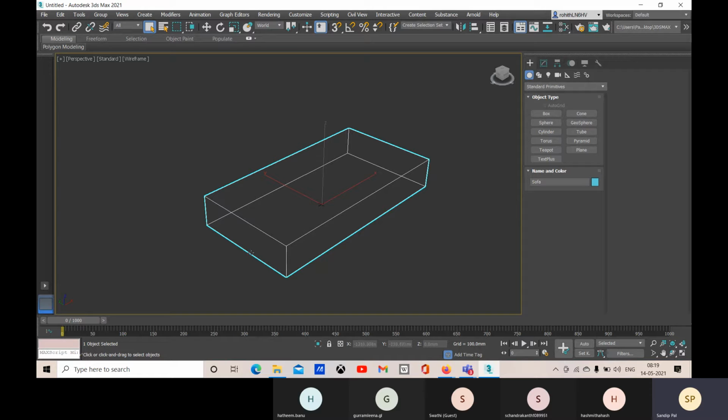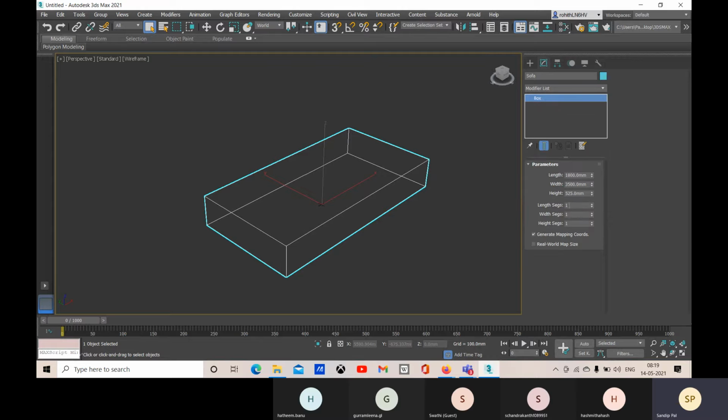So for that, you have to give the power to all these components of your model, like the vertex, edge, and surface will have the power, and then you will modify. Okay, so for that, first, you must give some segments. As per that, you will have your vertices, your edges. How many edges you need, how many surfaces you need, how many vertices you need, that will be controlled by segments.